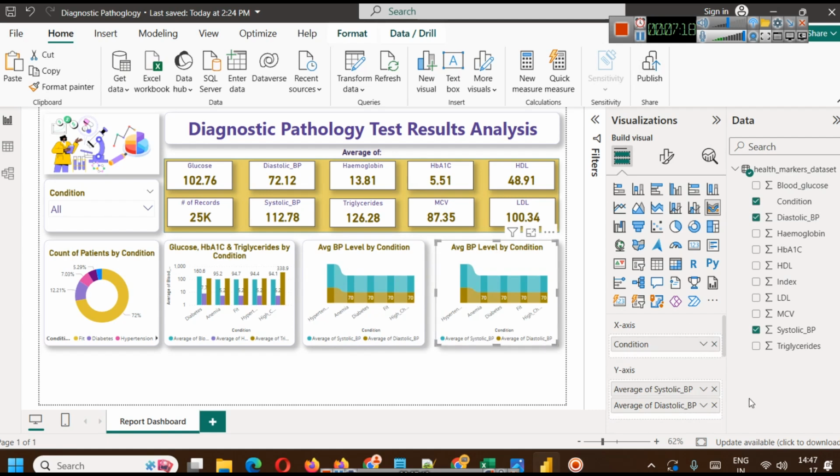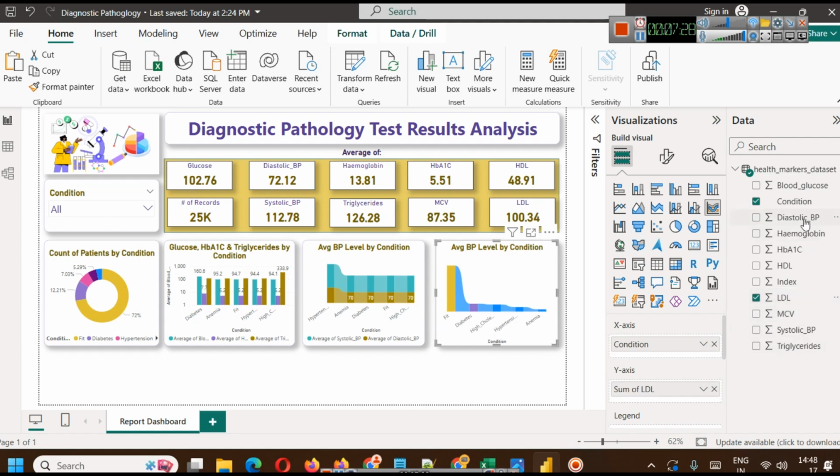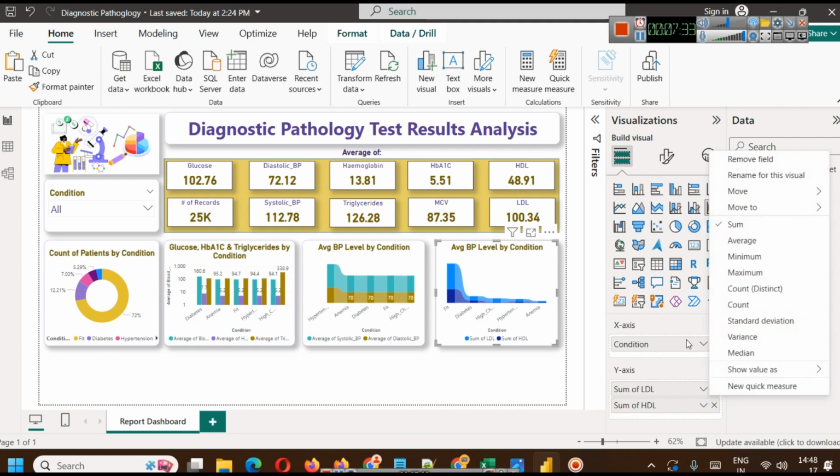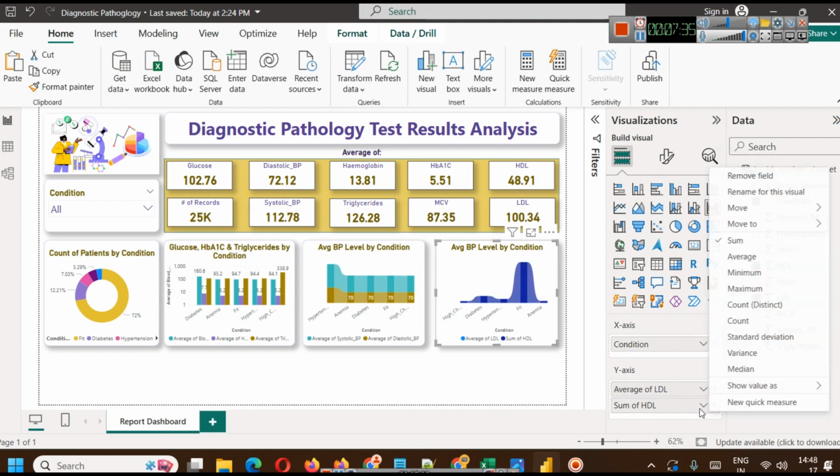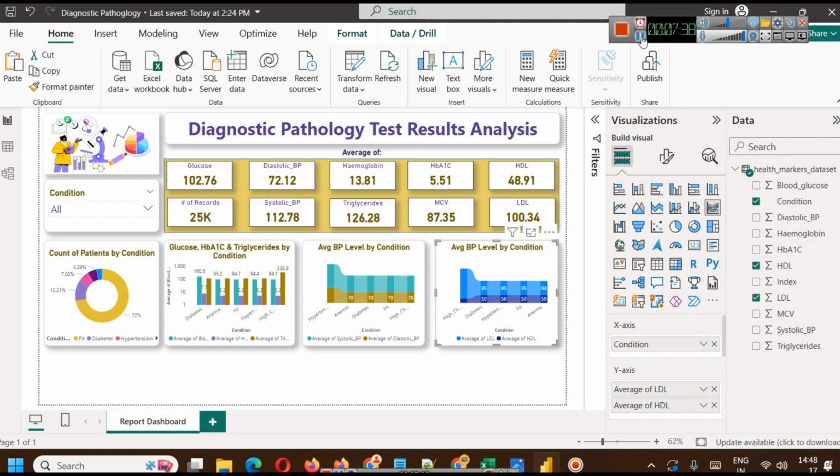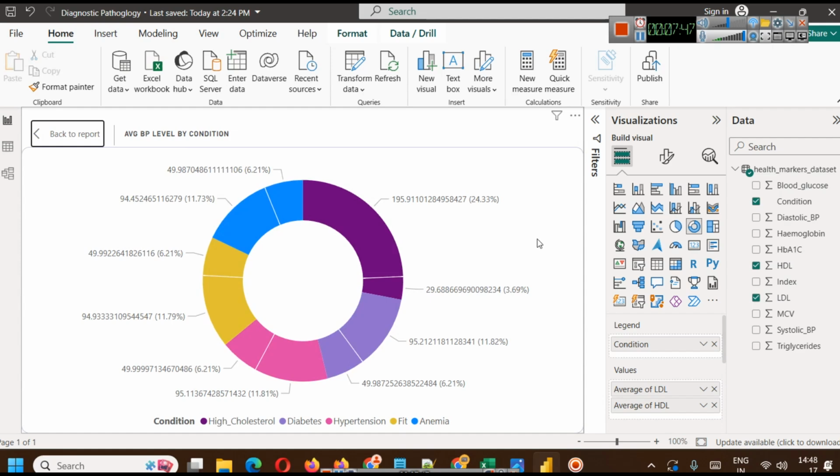And one other group that we will create is for LDL and HDL, which is good cholesterol and bad cholesterol, whatever you call it. So we'll bring it, use average here also, and we can see, or we can use some other type of chart here. For example, we have a donut chart where you can see like this particular color is showing high cholesterol, okay,